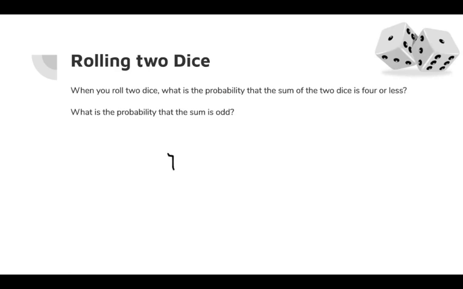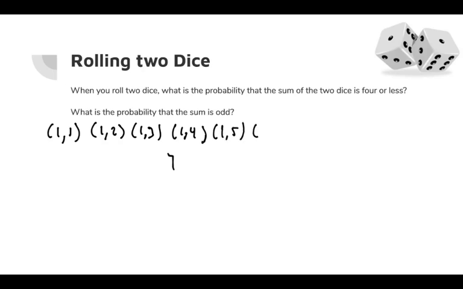So as an example, the first dice could be 1, and then the second dice could be 1. Well, then another option is you could have 1 and 2, and 1 and 3, and 1 and 4, and then 1 and 5, and then 1 and 6, as our different options. And that's just looking at one. This is just one row, because the other way we could look at this is, well, what if